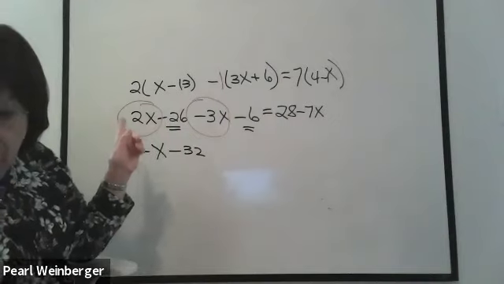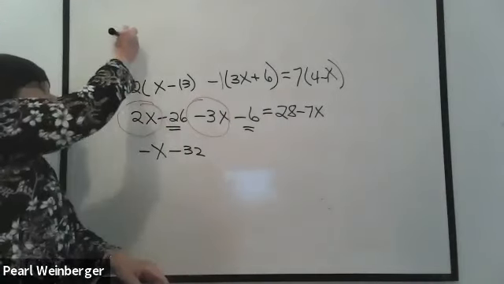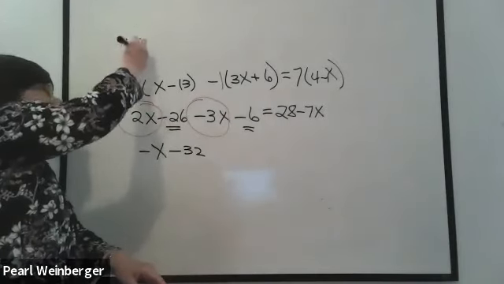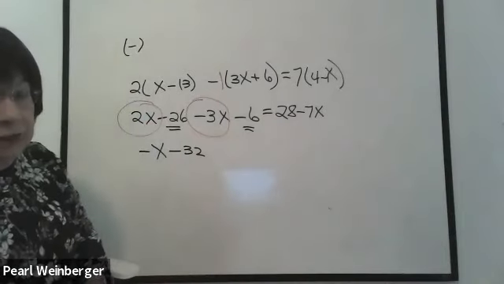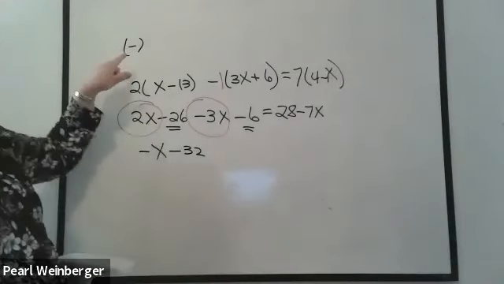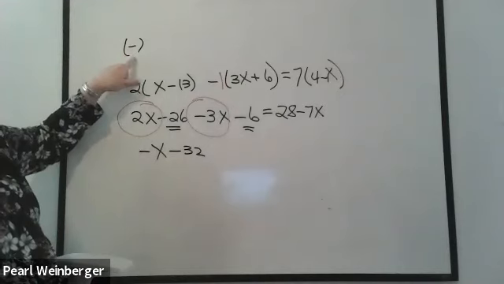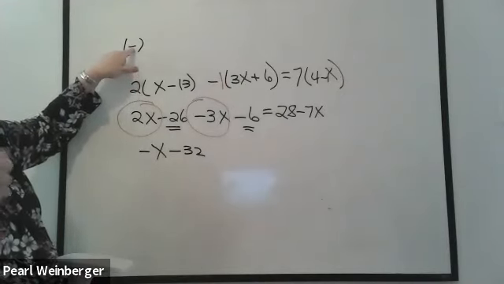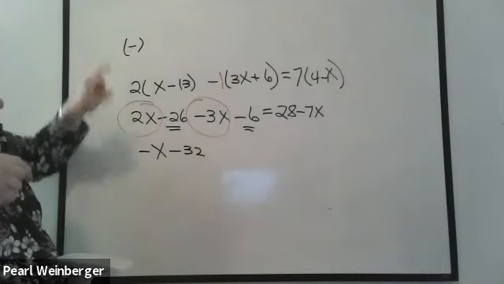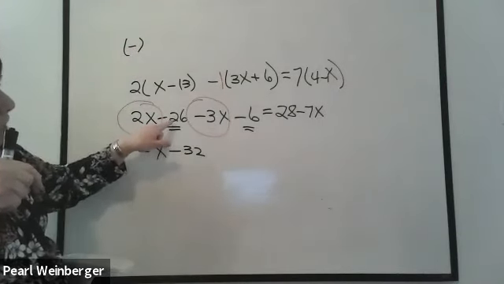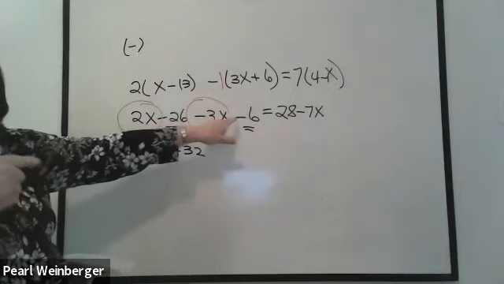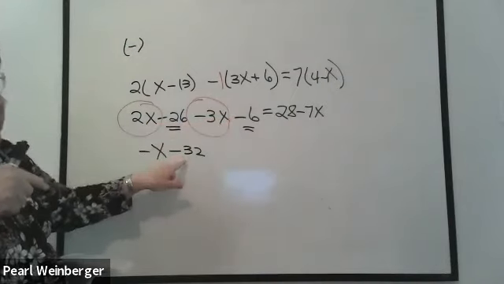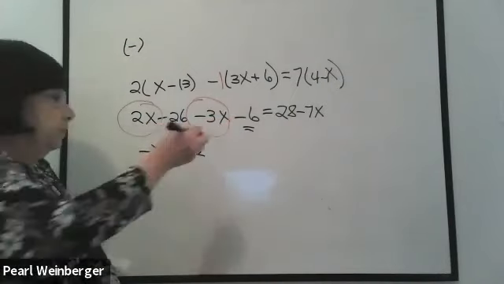Remember, there should be a plus minus button on your calculator. It's not the subtraction button. Usually it's towards the bottom of the calculator, and it might be a negative in a parenthesis, something like that. I would do -26 minus, now this is subtracting 6, and that'll give you -32.